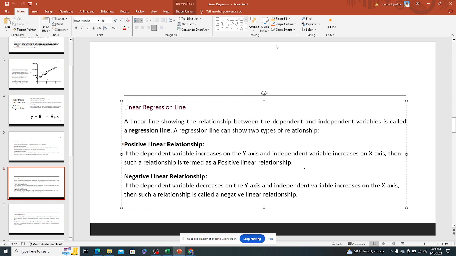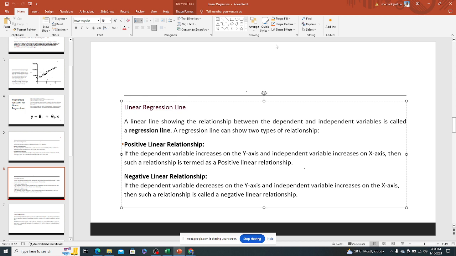So positive linear regression: if the dependent variable on the y-axis is increasing, so does the independent variable on the x-axis. So you can see they are